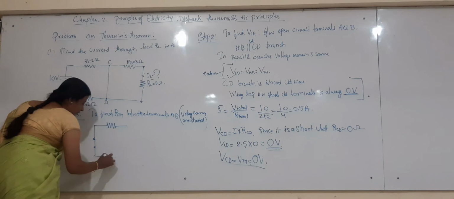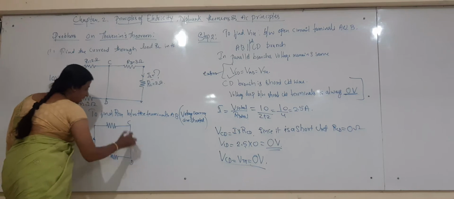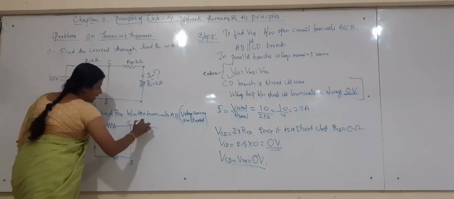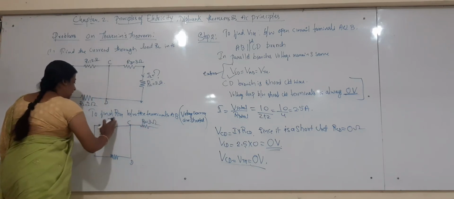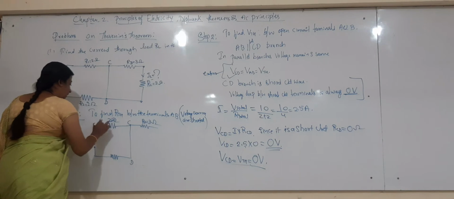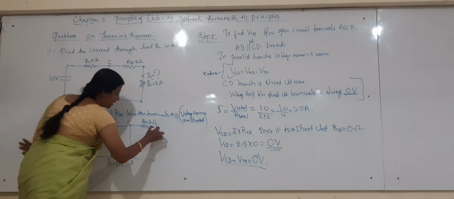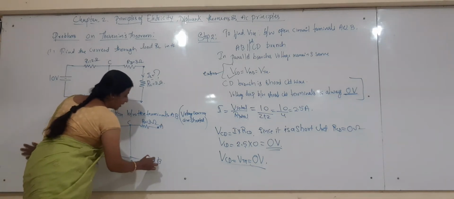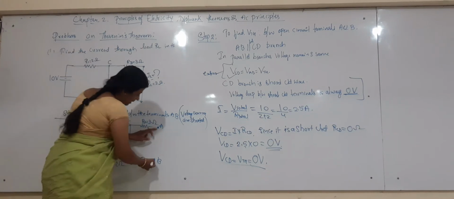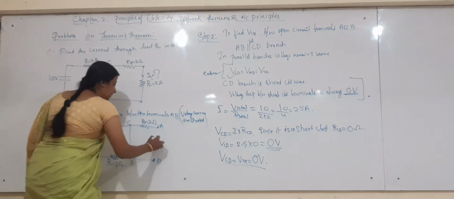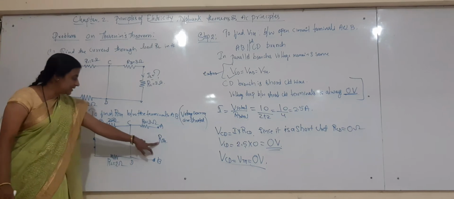So it consists of two resistors here between C and D, and one more resistor, that is R3. This one is 3 ohm. R1 is 2 ohm, and R2 is also 2 ohm. Now we have to find the effective resistance between A and B. Previously we used the branch RL. That is nothing but RTH.